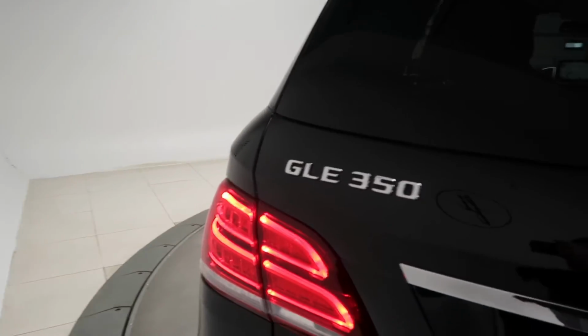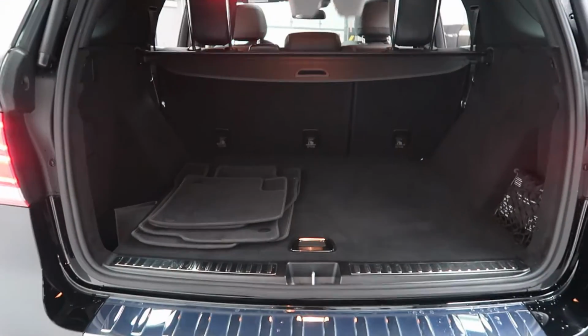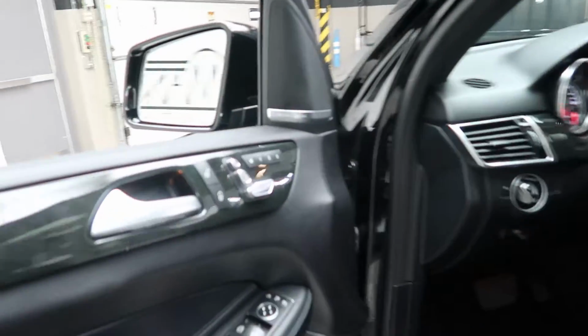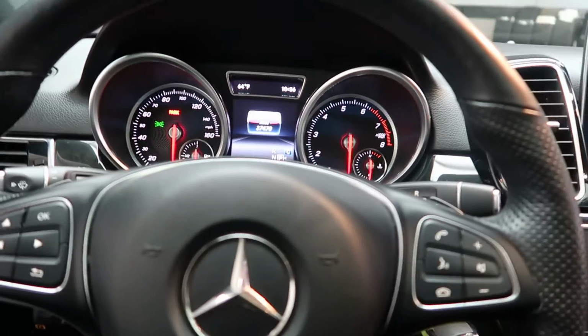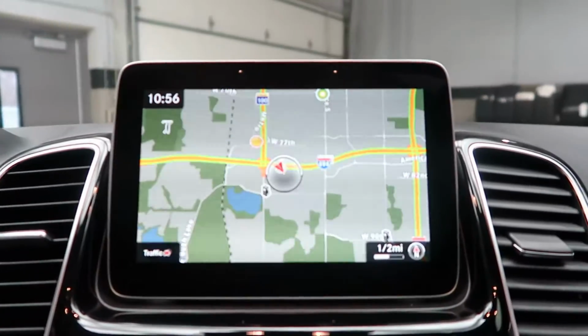Sunroof. GLE 350 4MATIC badging, trailer hitch, power liftgate, a clean set of floor mats, 60/40 fold down rear seats, cargo cover, blind spot assist, Harman Kardon sound system, memory seats, heated steering wheel, smartphone integration with Android Auto and Apple CarPlay, steering wheel controls, paddle shifters for extra performance, navigation,